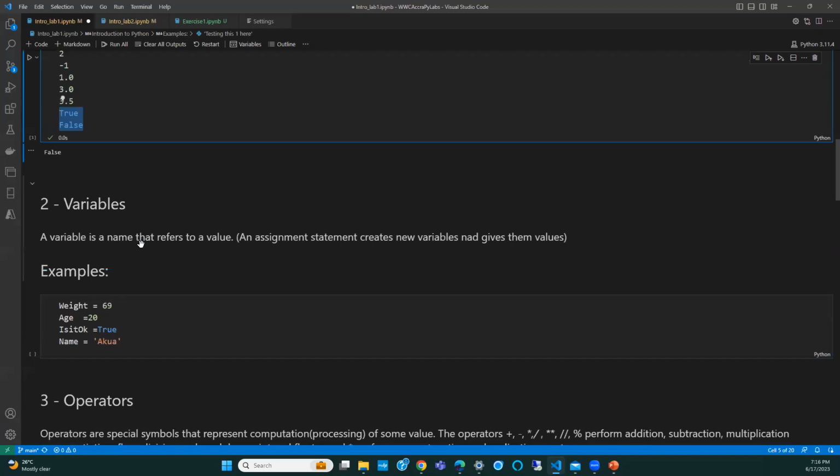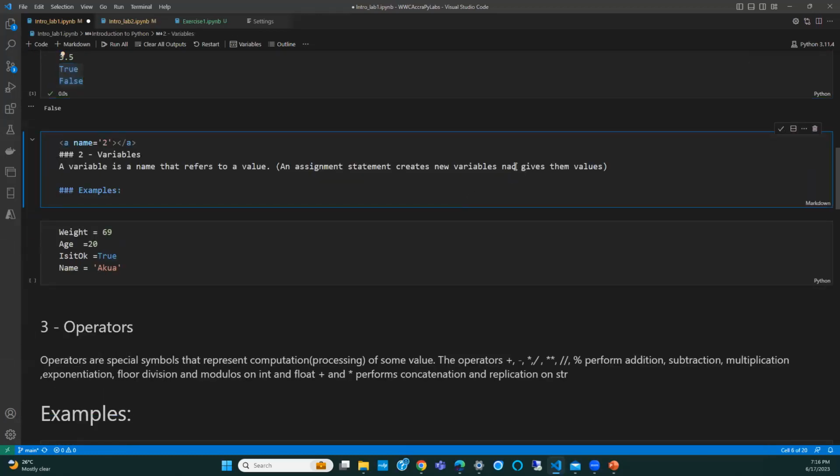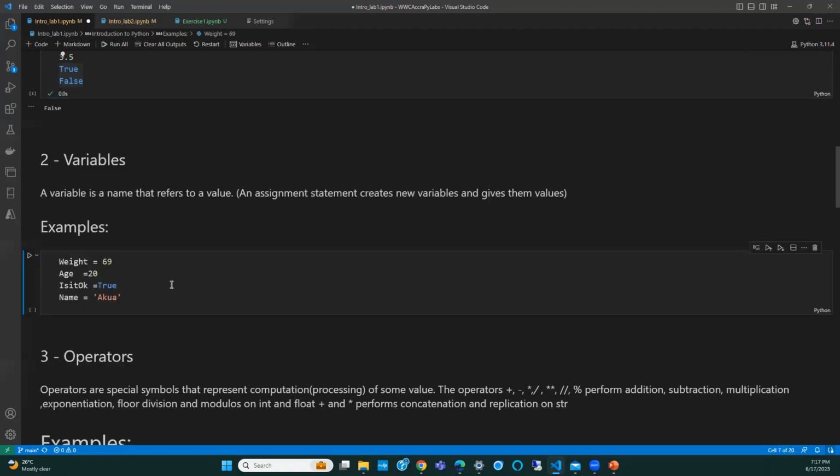Afterwards, we looked at variables, right? So a variable in any programming language is mainly a name that references a value, okay? So there's a name that refers to some value. And in Python, an assignment statement creates new variables and gives them values, okay?